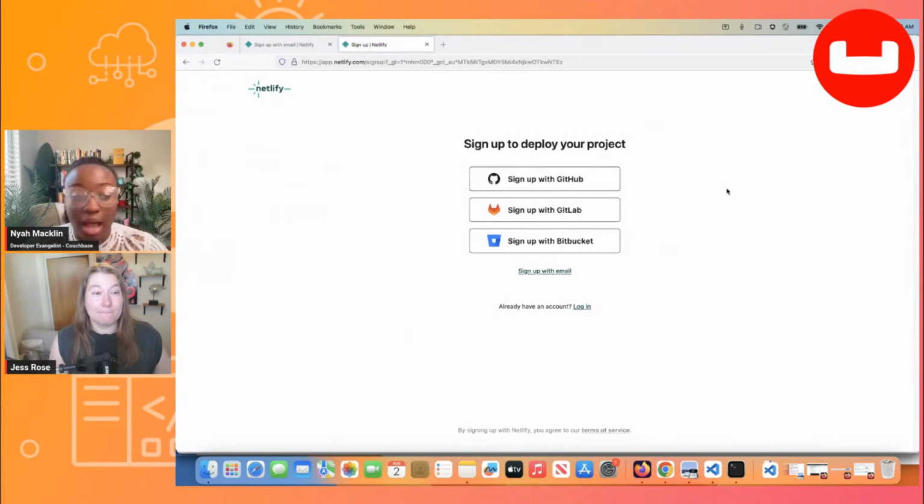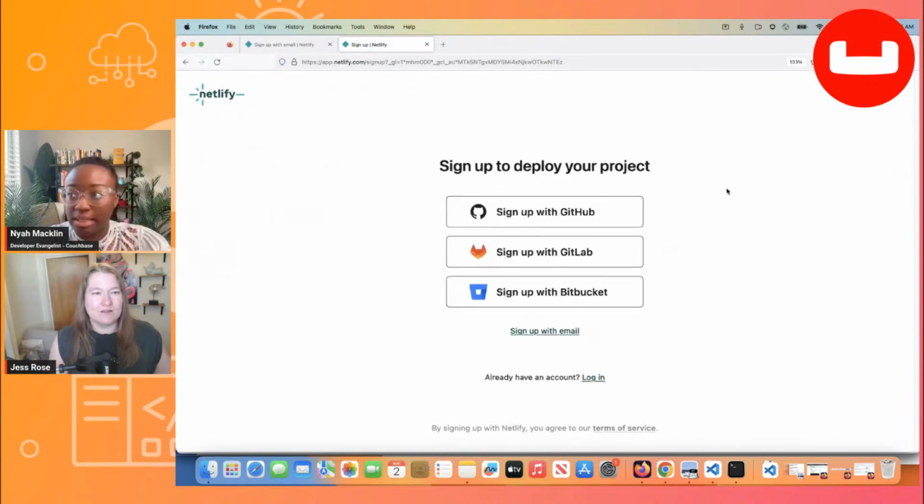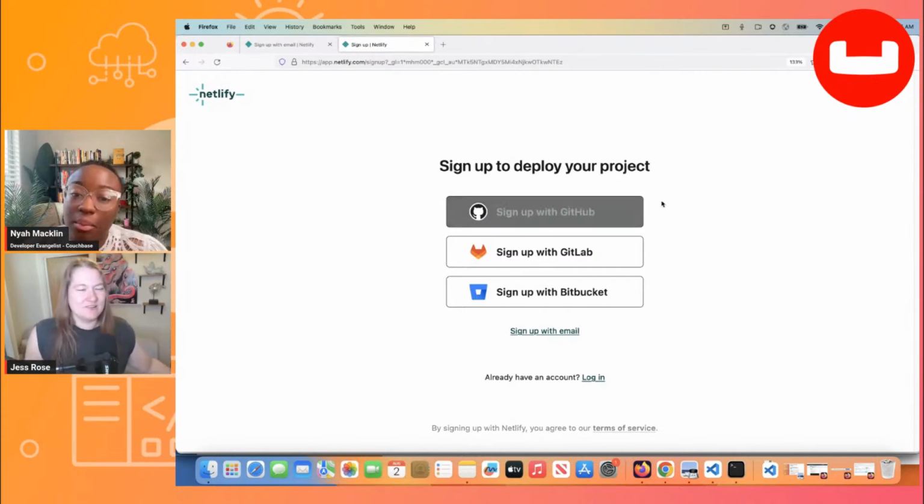And there's so many different options that we can do. I'll make this bigger so folks can see. So you can either sign up to, here's that word again, deploy. And remember, deploy just means to push it to the internet. Sign up to deploy your project. So we can either sign up with GitHub,